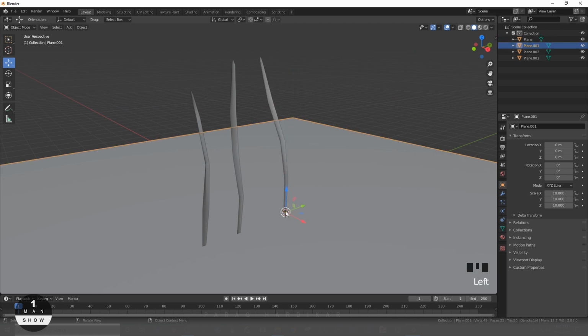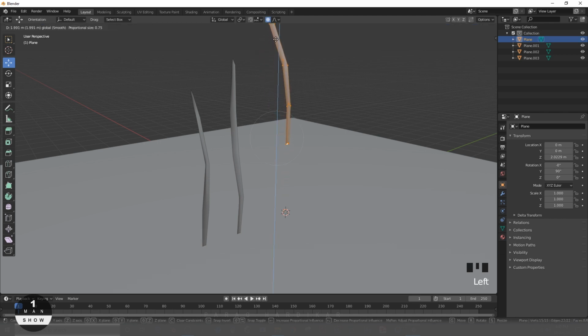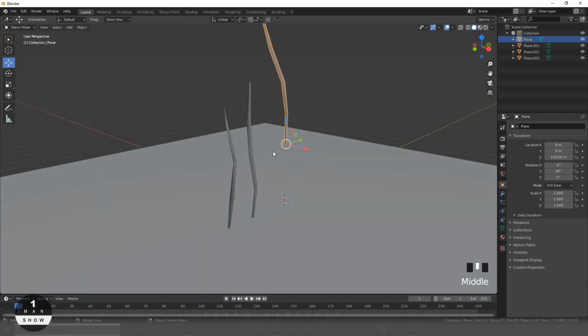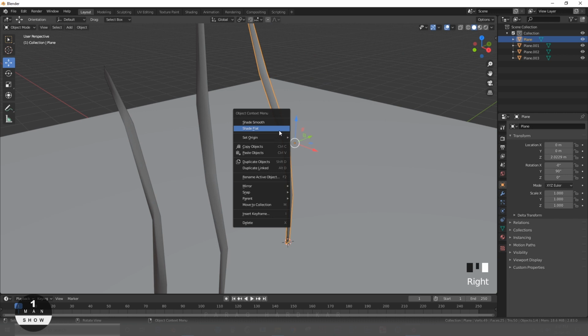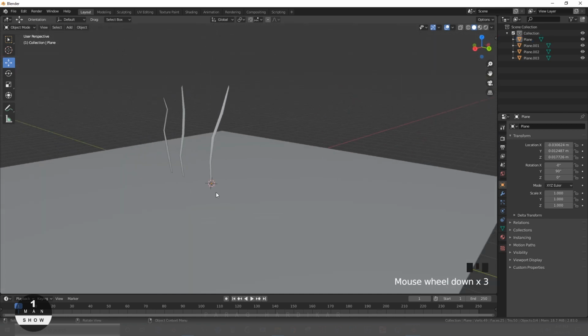We are gonna need this at the bottom of the grass. So let me show you how to edit it. Select the object, go to edit mode, select all, then move it in this way. Either this way you can edit your origin point, or there is another way. Another way is select the object, place the cursor where you want your origin to be, right click on object, origin to 3D cursor. See, we have placed the origin point where we want.